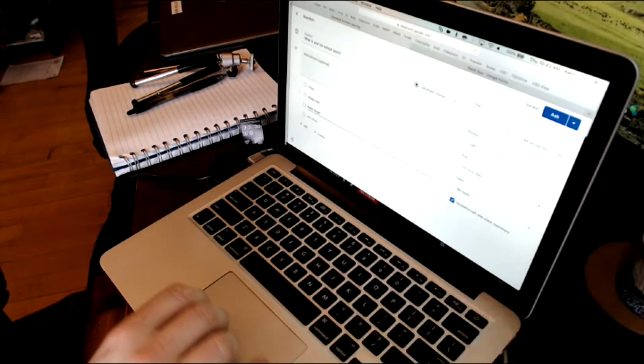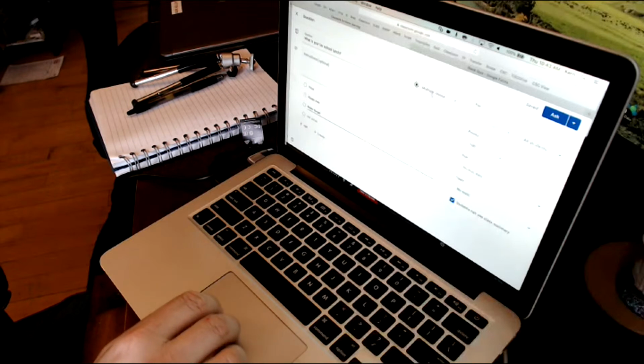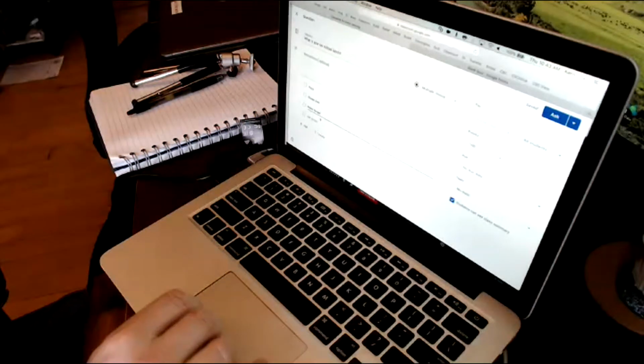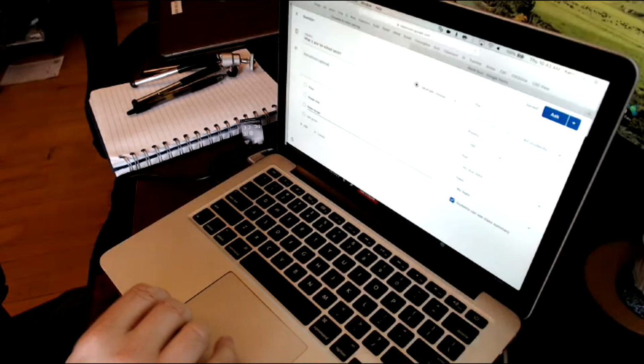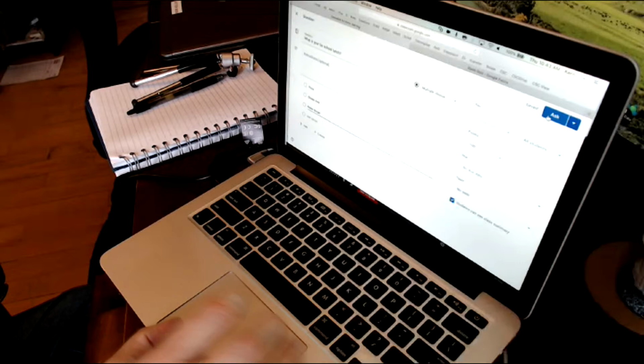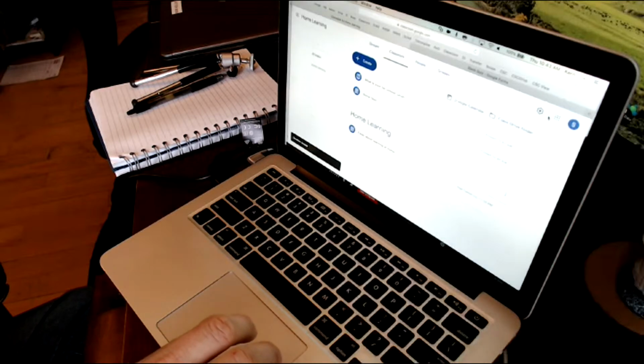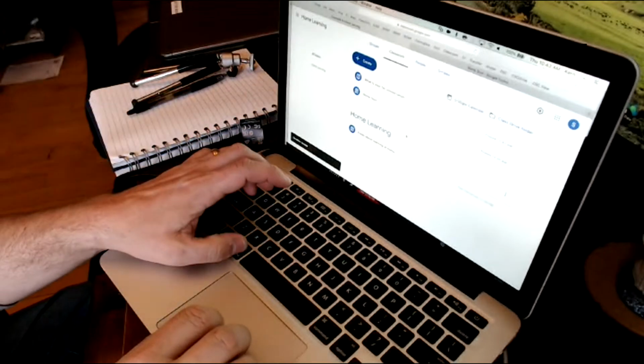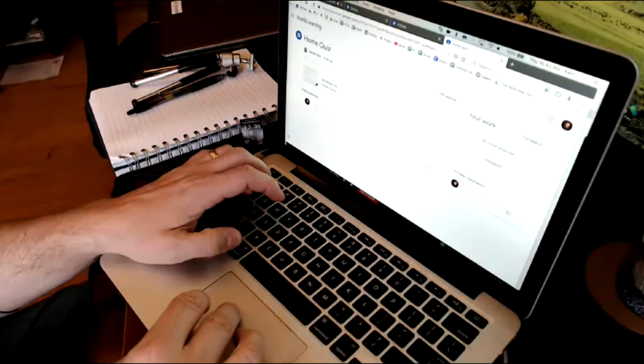So I'm doing a questionnaire for my students as multiple choice, and I'm only giving them these options to choose from. Again, if I want to score it, I can do the same thing. In this case, I'm not going to. It's just a one-off: hey, what's your favorite school lunch? And let them answer it right there. If I click Ask, and go back to what it looks like from a student's perspective here,